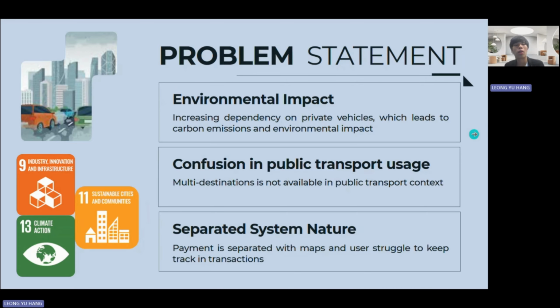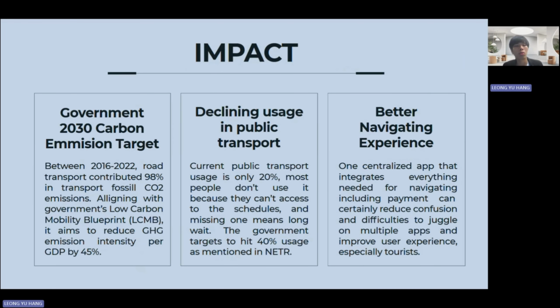So the impact is, the government is proposing a 2030 carbon emission target. They try to reduce it by 45% per GDP. Secondly, the declining usage of public transport. And the third thing is the navigation experience for both non-commuters and tourists. As we are pushing tourism to Malaysia, this is very important because people who are not Malaysians, who come from overseas, have to know there is an app that can help them navigate through